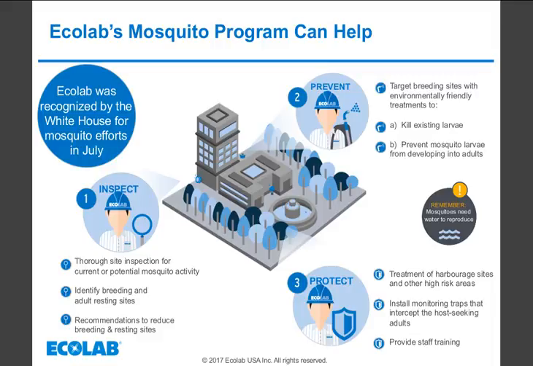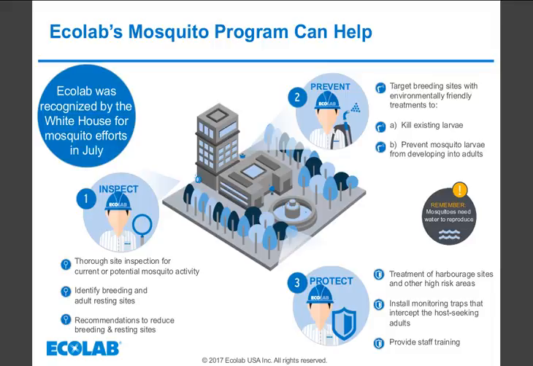In partnering with a pest management company, here are some of the ways that Ecolab can help. Ecolab's science-based 3-step program is specifically designed to help reduce mosquito pressure at your facility. The first step includes a thorough inspection of the property to identify the potential breeding sites and the adult resting sites. Recommendations will then be made if there are items on the property that can be addressed by the property manager. If the potential breeding sites cannot be addressed, step 2, listed here as prevent, includes the treatment of